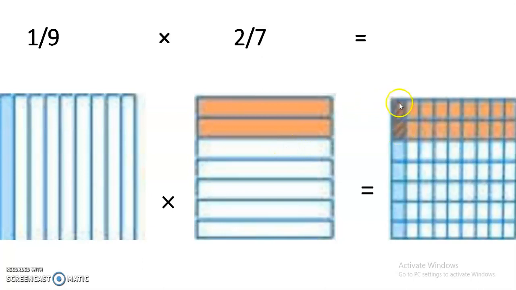So that is 2 is the numerator because only 2 parts of this particular fraction, this part and this part, are coinciding. So what is the answer we get? 2 upon the total number of parts, which is 63. Correct? So we are going to get 2 upon 63 as our answer. So let's see how to solve this mathematically.